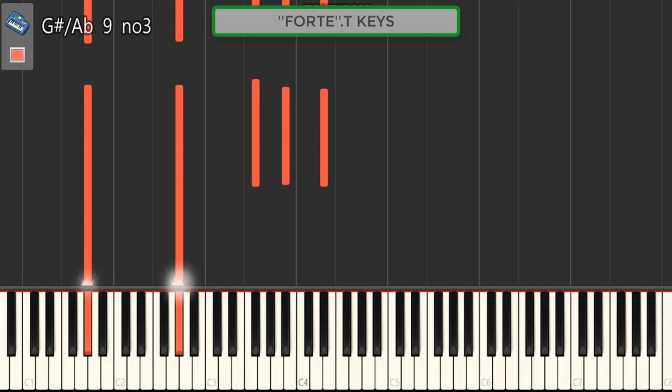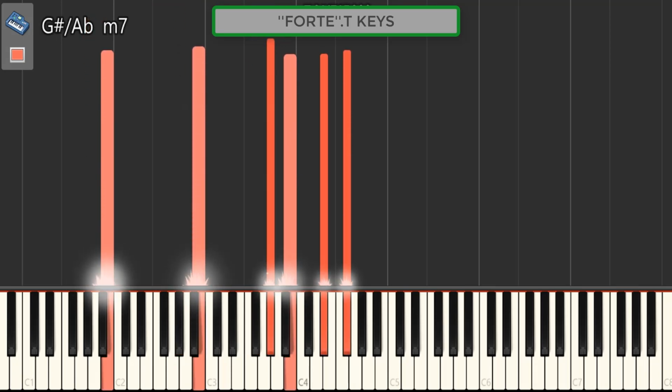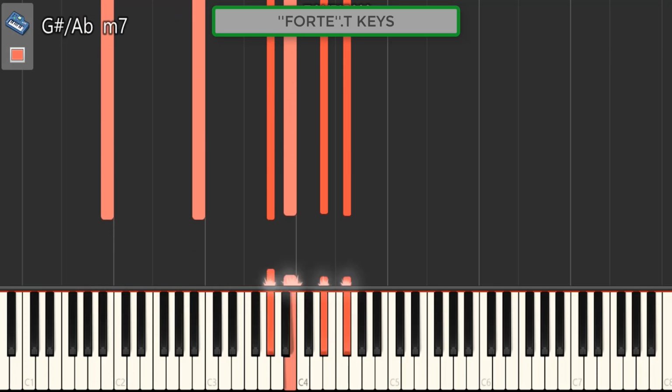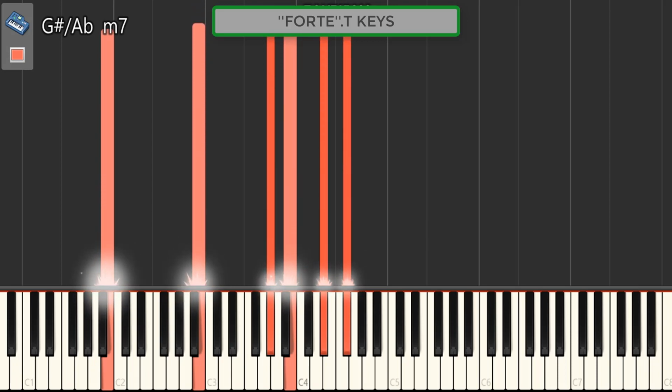And then the second chord, let's look at the right hand chord before the bass. It's G sharp, A flat minor, 7th chord. It's basically that. There's no rootless voicing. It's a straight 7th chord. And then the last chord,